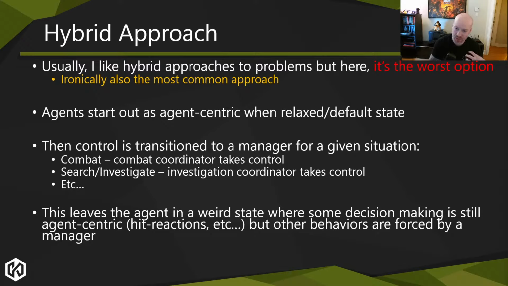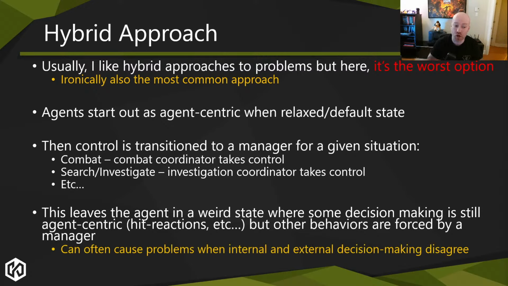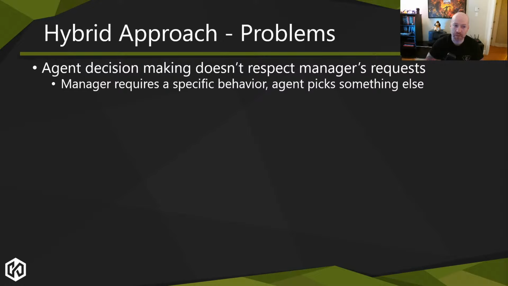So now it has a brain, but there's also a manager running that is telling it, you need to go here, you need to do this, you need to play this behavior. And the brain now needs to match what the manager is telling it. And that's where you can get a lot of problems when you have a disagreement about what the agent should actually be doing, right? So the biggest one is sometimes the decision making says, you know what, I'm doing something more important than what the manager's telling me.